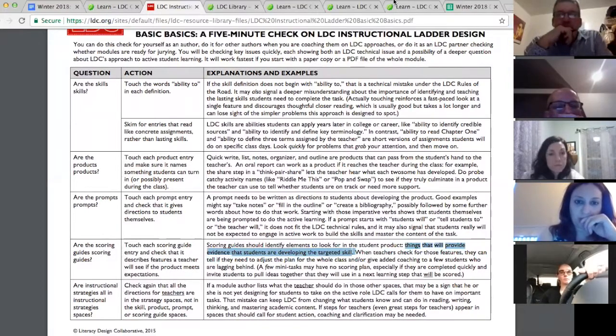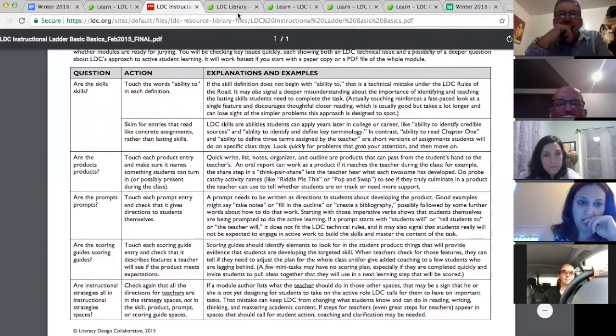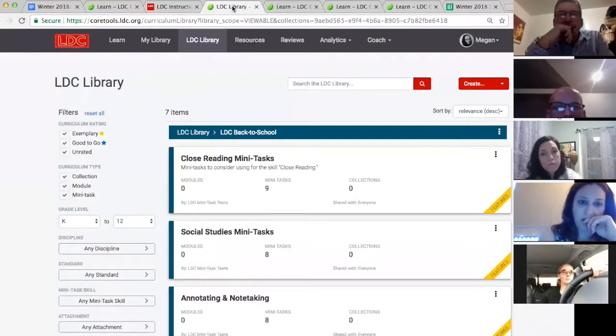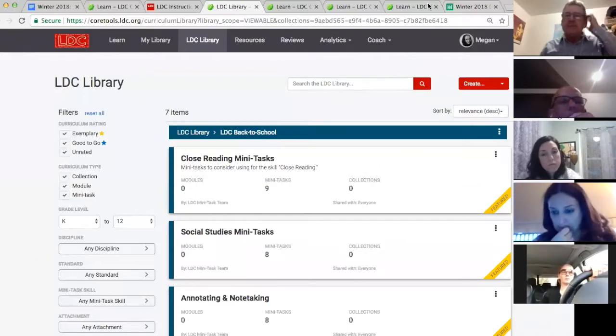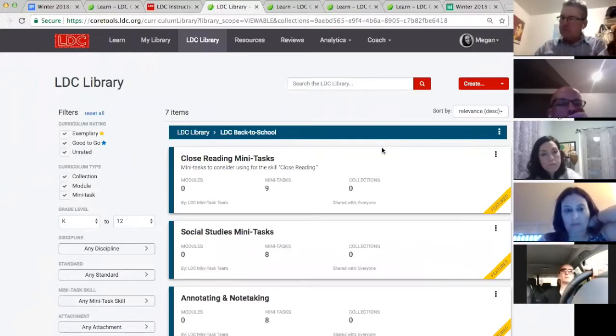Great. Onward we move. So one more resource. What I'd like to do is allow you, I'll put another 5 minutes on the clock here, and you can go ahead and head into the back to school collection or the mini tasks with UDL supports. We'll save the benchmark collection for when we come back together. So check out the back to school collection